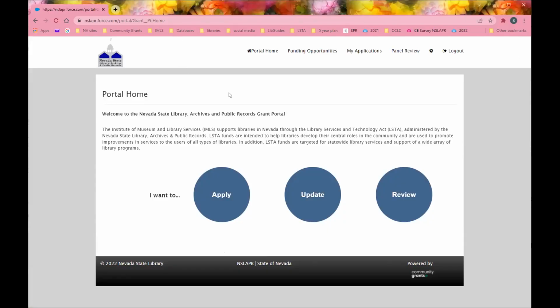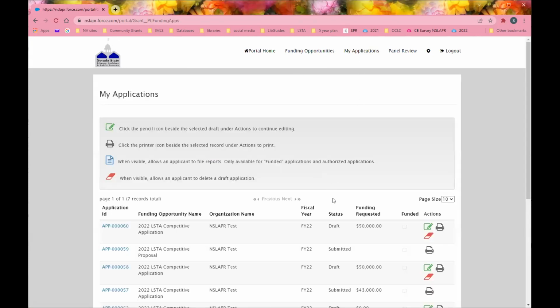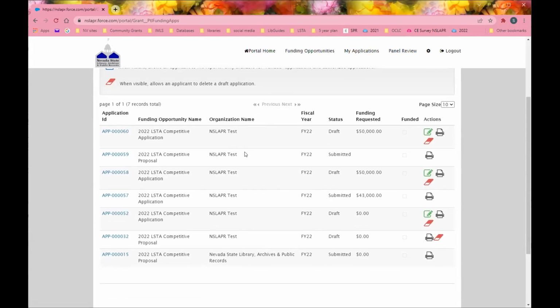All right, this is what my test thing looks like. I click apply, no opportunities, but my application, right? You can see all the different test things that I have done over the past few days. I can't do anything with that. I can delete. I can still edit these guys, right? These numbers are system generated. Those, if you're funded, are not going to be your grant number, but this is how you're meant to track it, right? So if you've got a lot of different things out there,